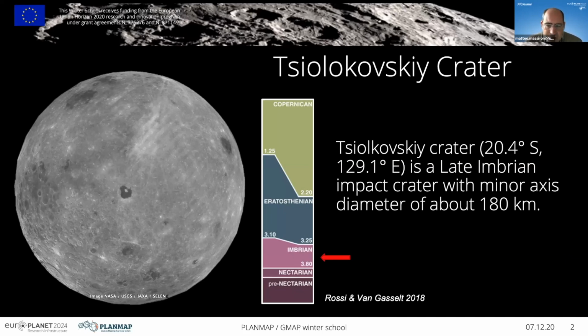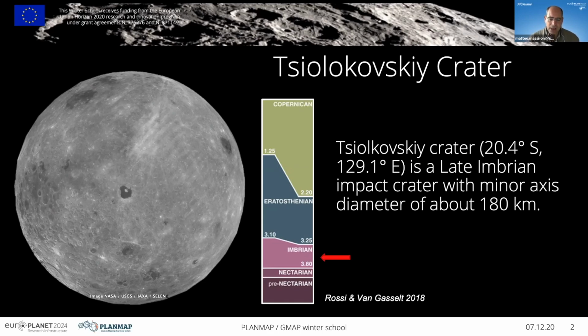Even for Eratosthenes, we have no big basin, but still a crater with its ejecta. Imbrian and Nectarian are indeed the big basins. The Imbrian age, where Tsikowski crater formed, is the one that, at least in its first part, is thought to be related to the period